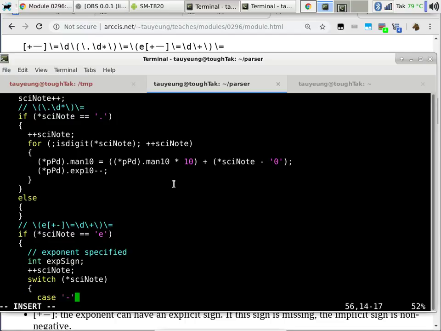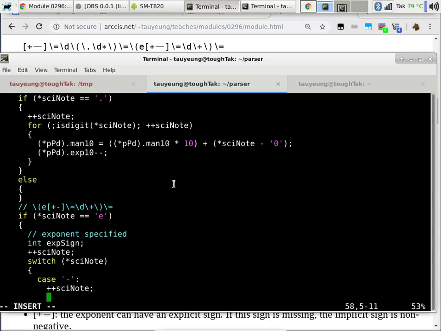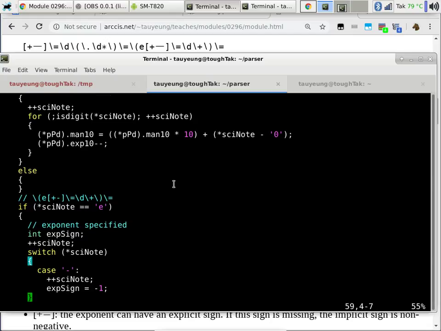If it's minus, this is a distinct case because I got two things to do. One is to skip over the minus ASCII code, and then the second thing is to remember exponent sign is negative. So this time I am actually using -1,